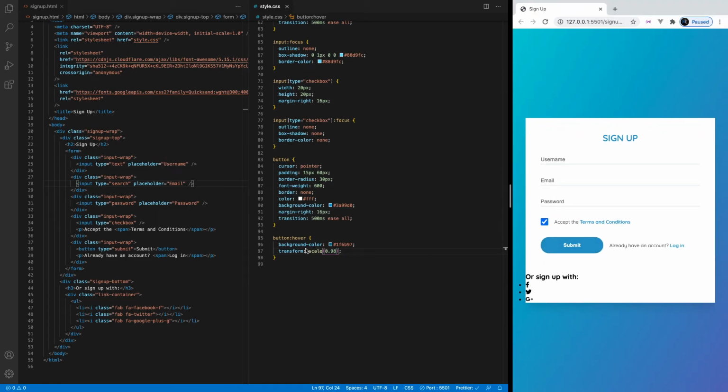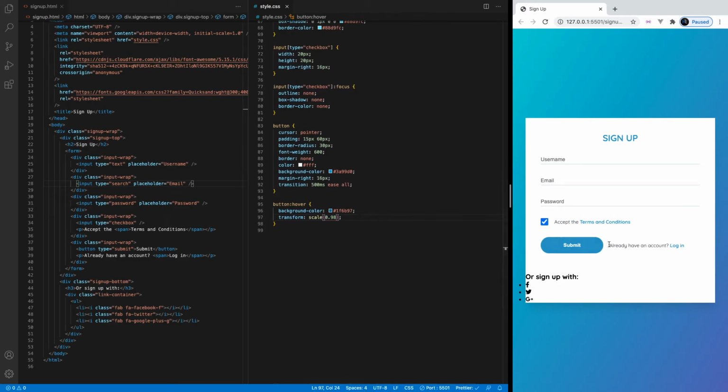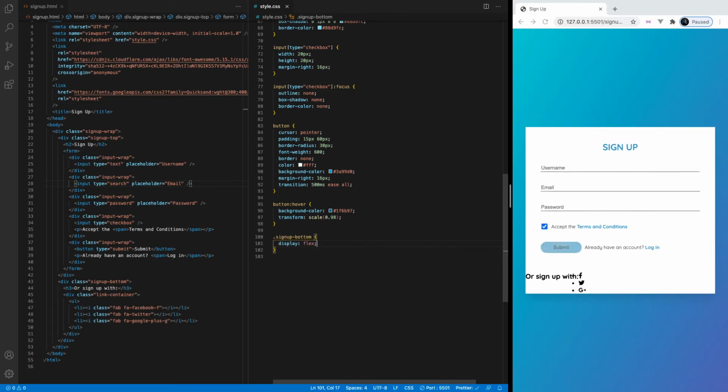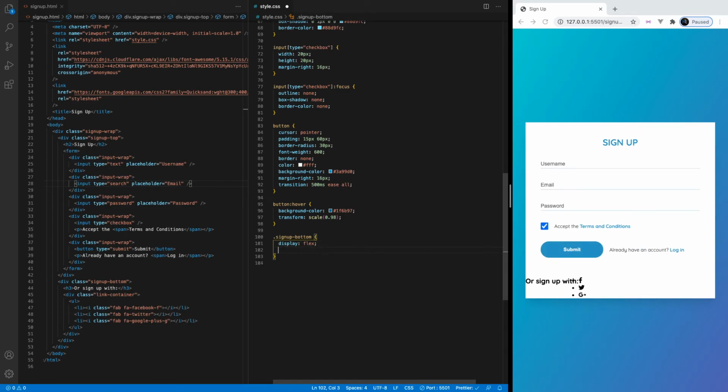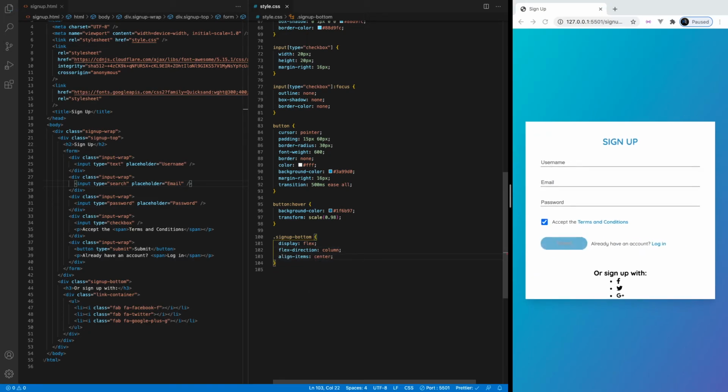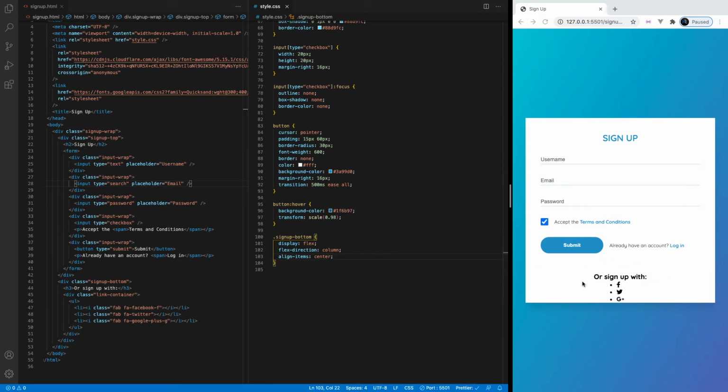So that is that. Now let's get to the bottom because we have the top all complete here. We need to fix up this bottom and then we're going to have to add the skewed effect in, okay? So let's head over here and head down, and we wanted to target the sign up bottom, okay? And we want to display this as flex because we want it to display as a row by default, but we don't want that. We want it to do flex direction of column so it's up and down. We want to align the items in the center of the element here,